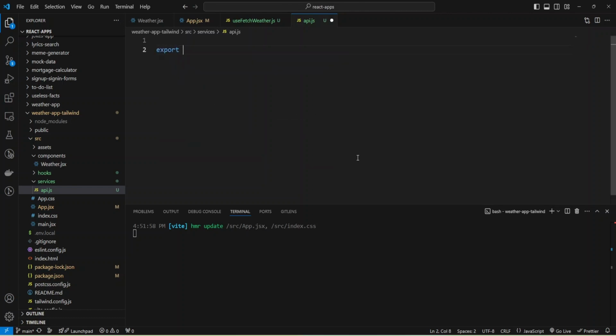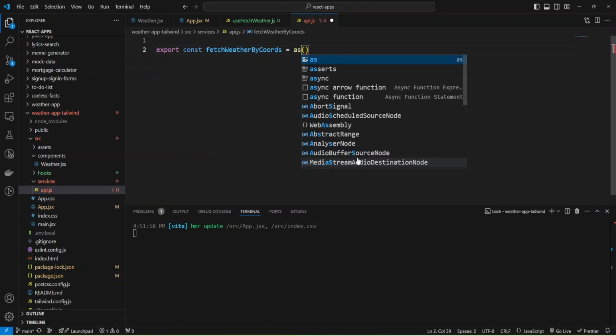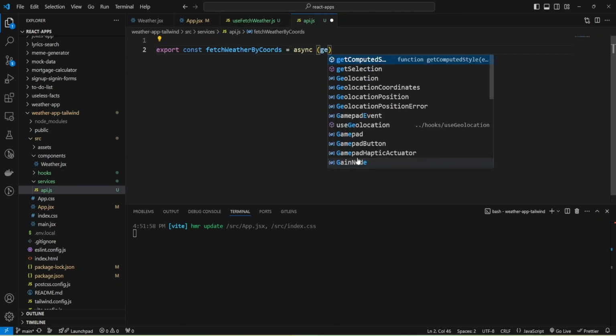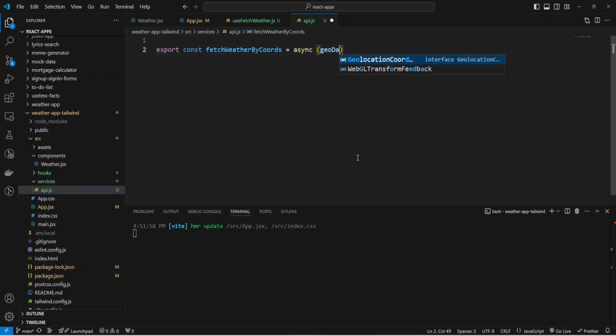And I need to add export const fetchWeatherByCoordinates, and it will be async arrow function, and we'll pass here geodata, and we need to make API call to our API.